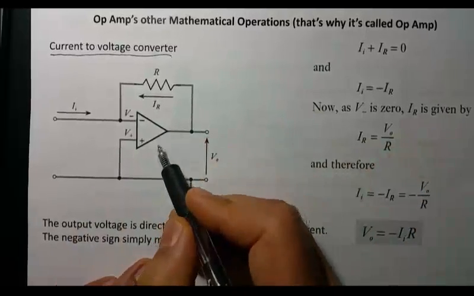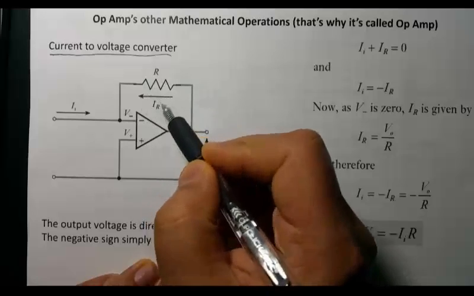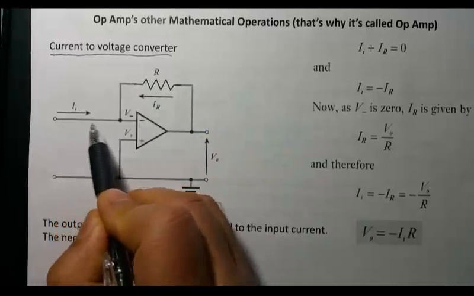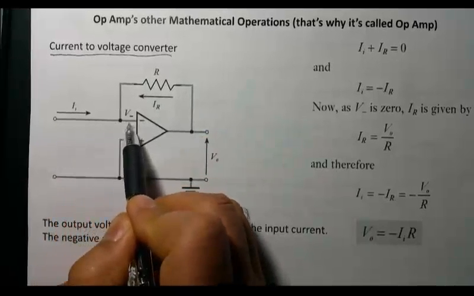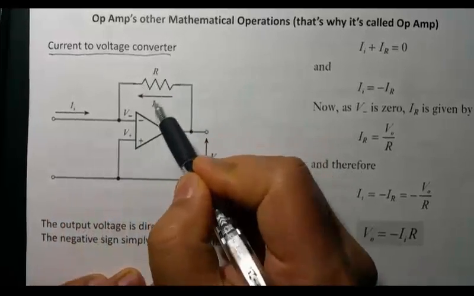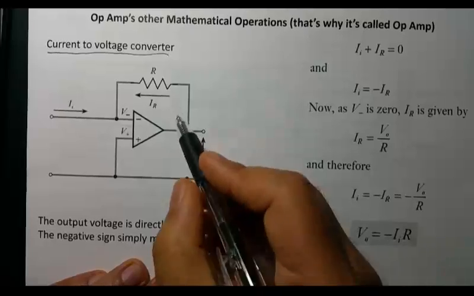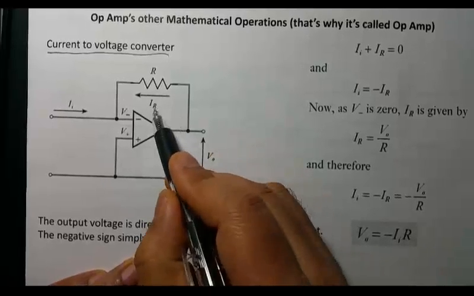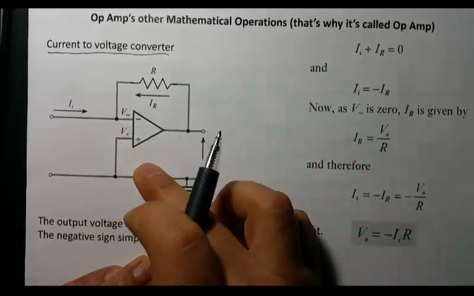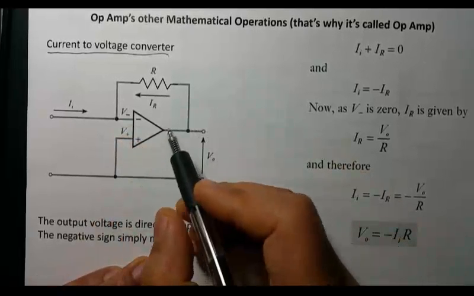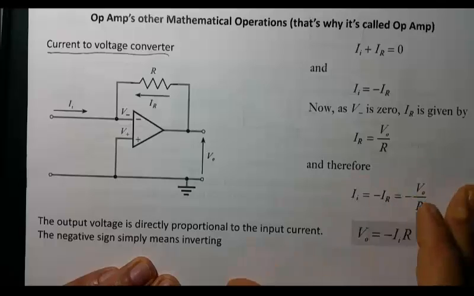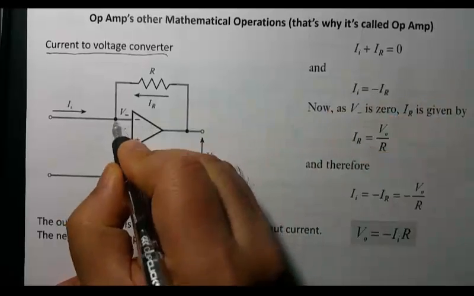So if you connect, you just need a resistor. So you apply the input current to the inverting input, and you need a feedback resistor like that. And then if you connect like this, it works as a current to voltage converter. So how do you show that? So first of all, KCL,